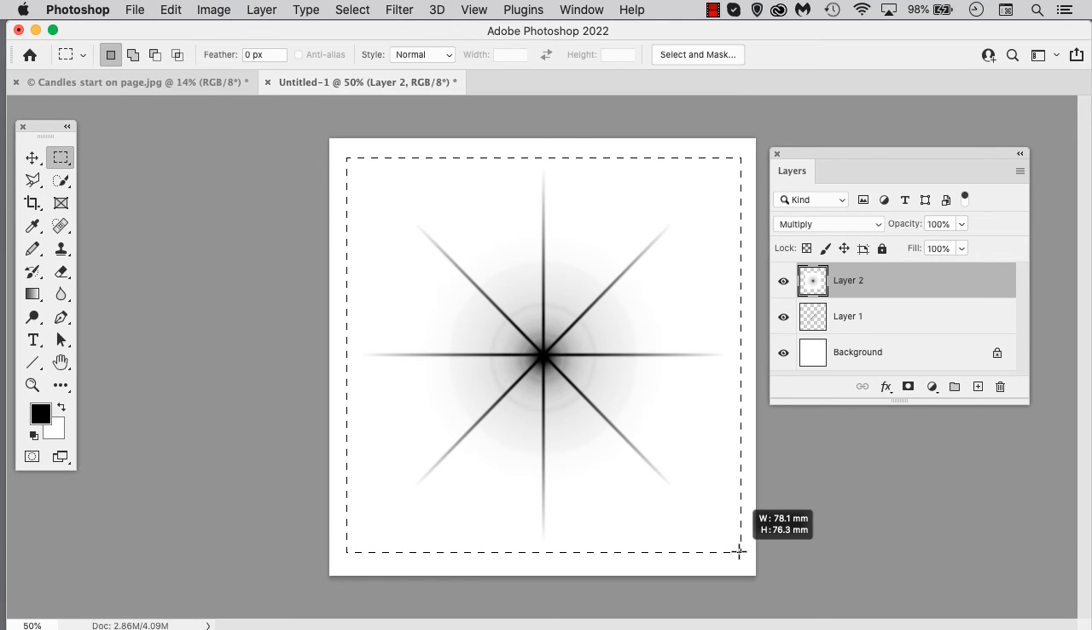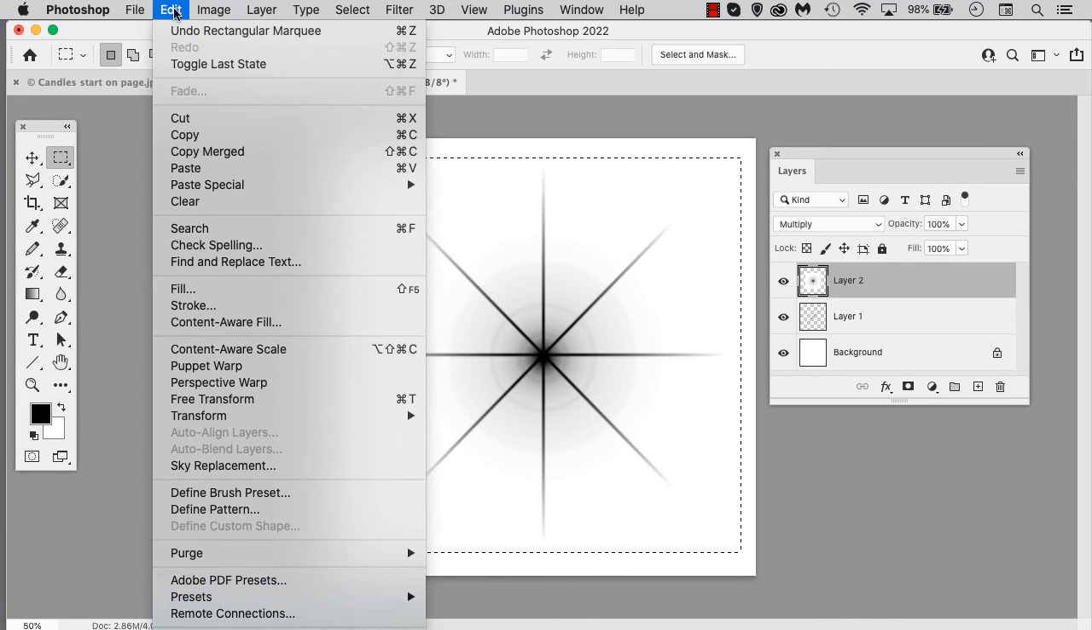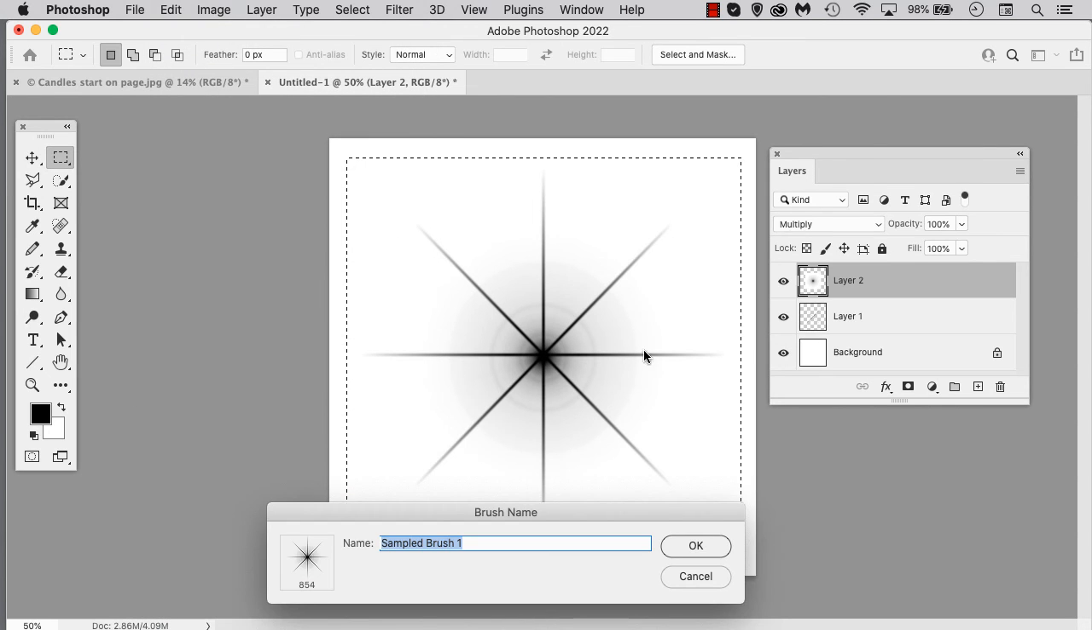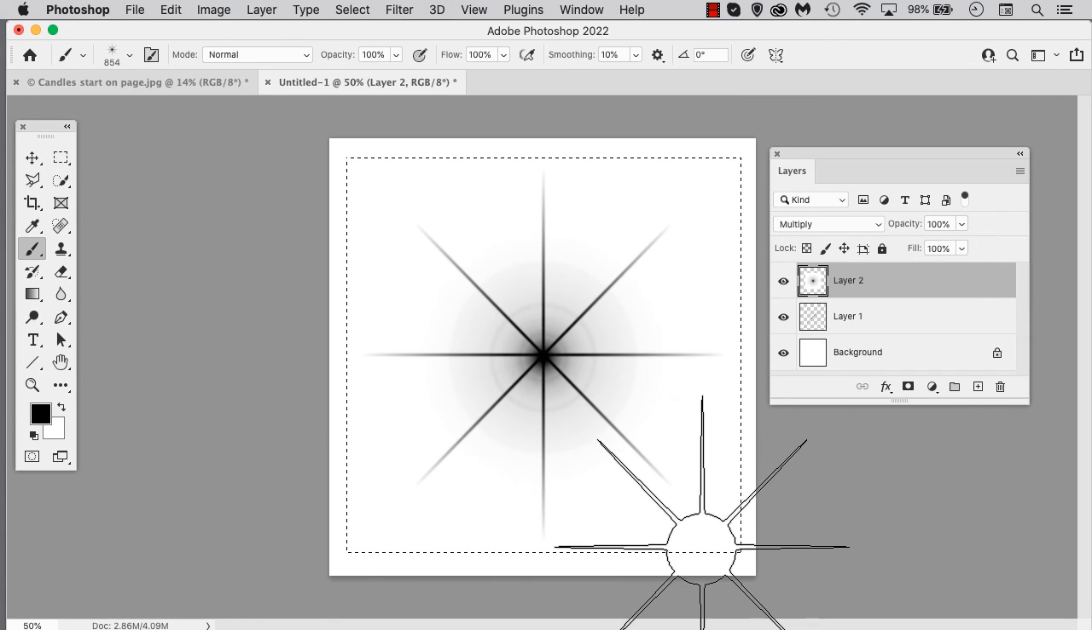right there. So that's got the whole thing in, and once I've got that box around it, all I've got to do is go up to Edit, and then go down in the menu to where it says Define Brush Preset. Click on that, and that will take whatever you've got the box around and turn it into a brush. Now at the moment the name is Sampled Brush 1, but I'll simply call it Star 8 because that's what it is. So I'll click OK to that, and I now have created and imported my brush into my brush